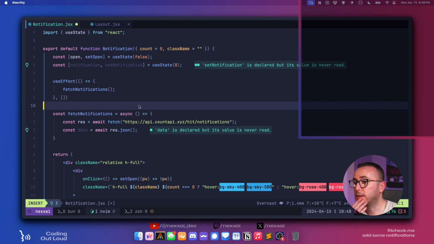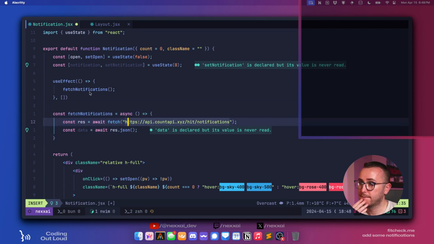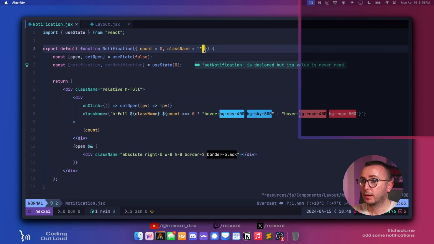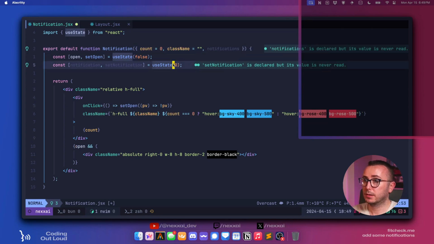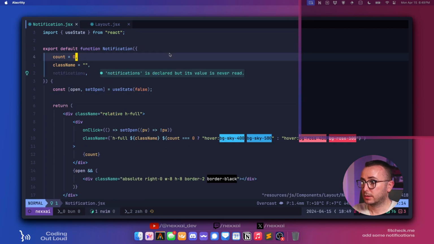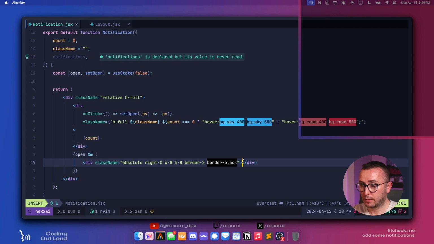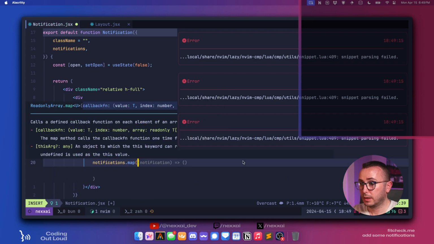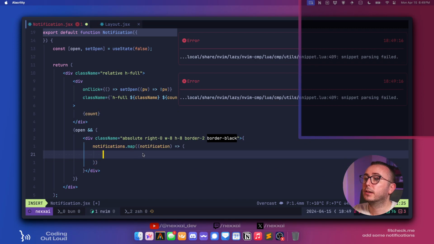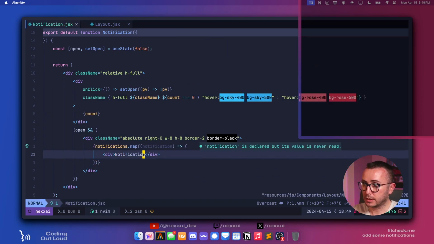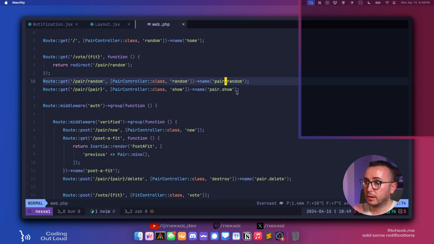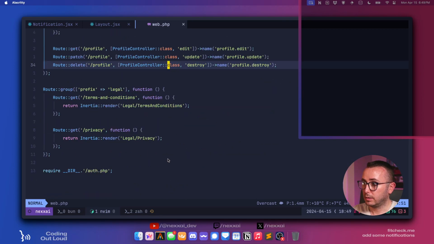Oh, actually, you know what? We might not even have to do this because of inertia. So if we go like this, notifications, and then we go. Okay, so right now we're obviously not using it. Let's just go like notifications dot map, and for every notification, I'm just going to say notification for right now. Obviously that's not going to help us, but that's okay, because if we go to our web, under the main page,